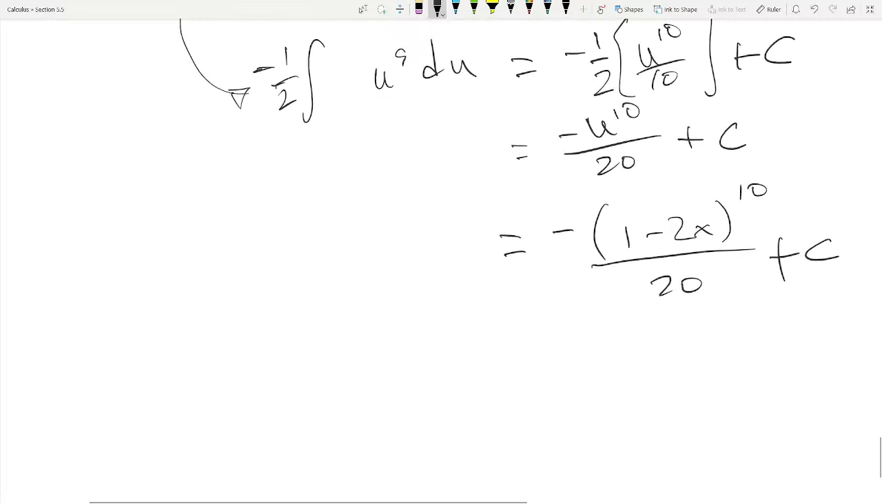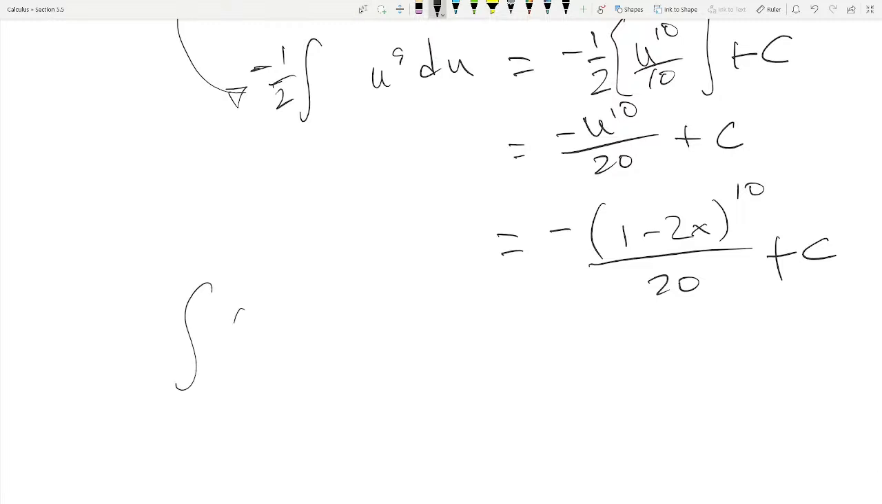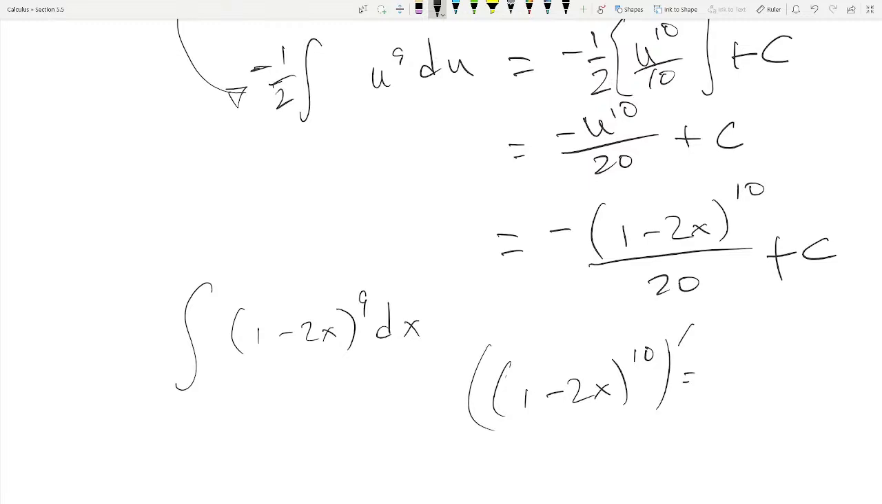Again, we could just do that in our head, because what we had was (1 - 2x)^9. And you say, well, geez, if I took the derivative and got (1 - 2x)^9, wouldn't I have had to have (1 - 2x)^10 to get there? So that's probably a good guess. Let's try it. What if I had (1 - 2x)^10 and took the derivative of that? Well, then I would get 10 times (1 - 2x)^9